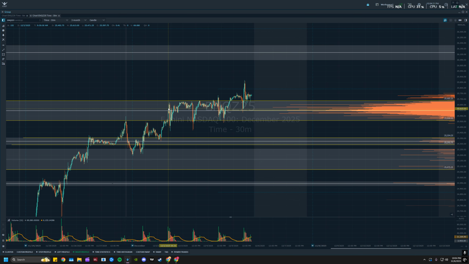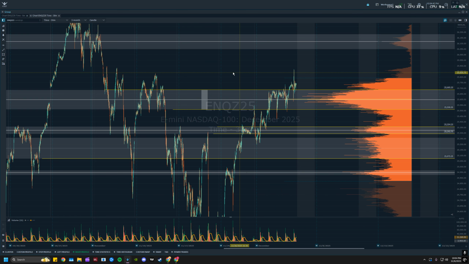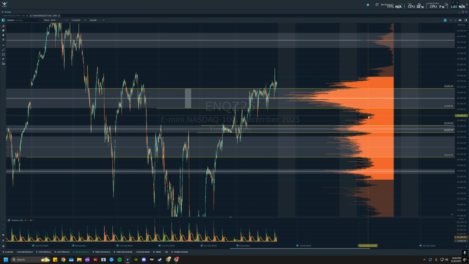So like right when I saw this on this day, I thought we were gonna sell off immediately. And this is why it's so important. The context, the location is so important because look, if you notice here, what happens? We sell off and we come back up immediately. And if you look on the right hand side, there's not a lot of volume here. This is considered a low volume node on the monthly profile. So I was expecting price to come down if we were to sell off and the sellers were being aggressive. I would expect us to come down back into this range down here where this volume was created